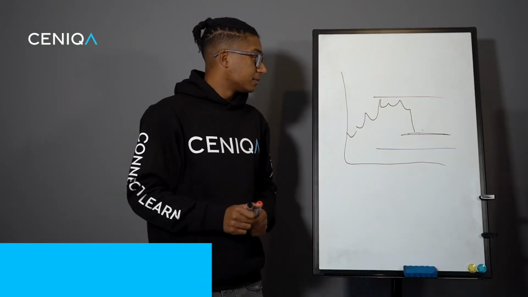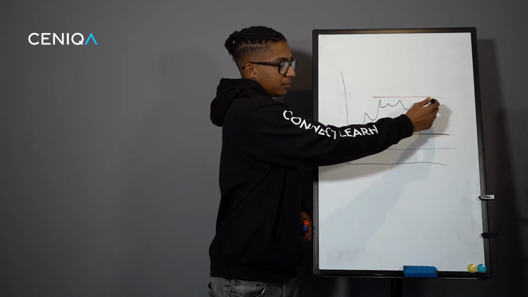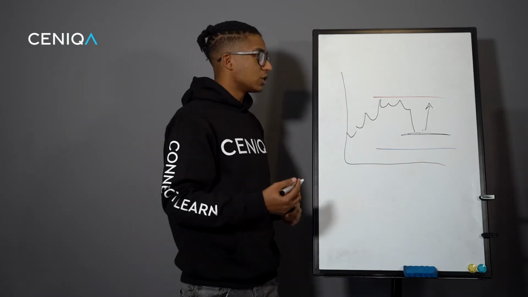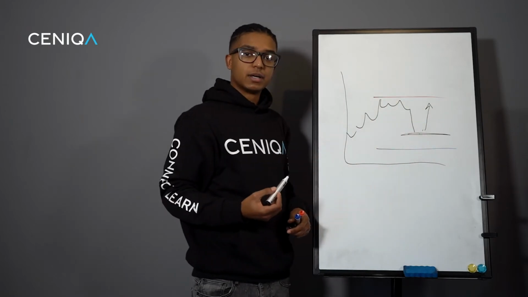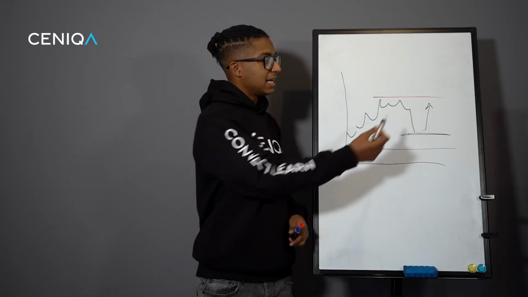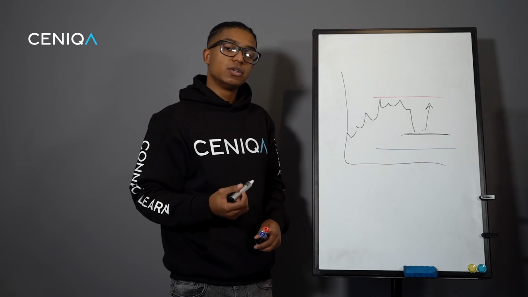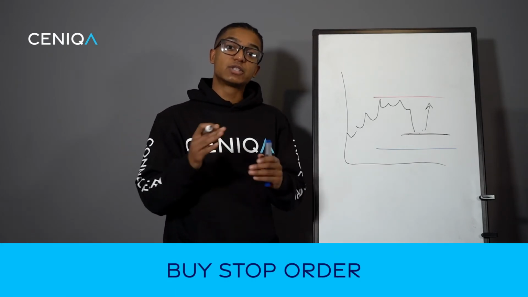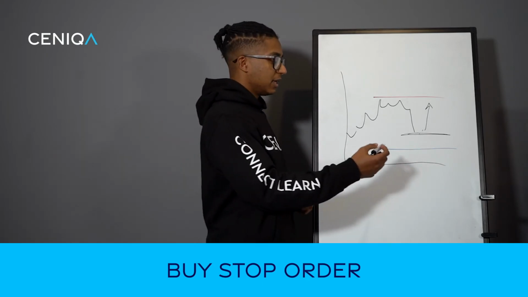Now let's say you expect the market to go up, however, you don't want to enter a sell trade. You actually want to enter a buy trade at a higher price in the future. Therefore, you wouldn't be using a buy limit, because buy limits you can only place below the current market price. You would, however, use what's called a buy stop order, a stop order. Okay? So a buy stop simply means